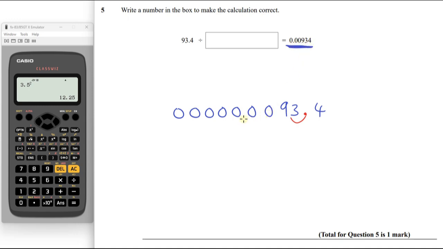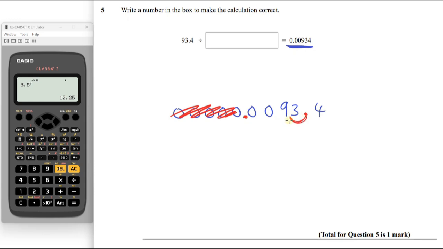So there's 2 zeros before our decimal. So that is where we're trying to get to. We've got 0.00934, and obviously these don't really mean anything here. I've just put them there as placeholders. So we're trying to get to this point. So we're going to divide by 10